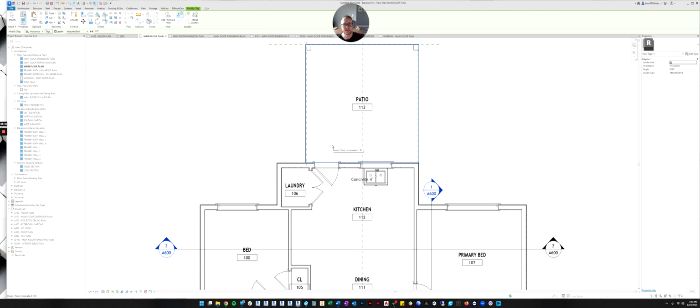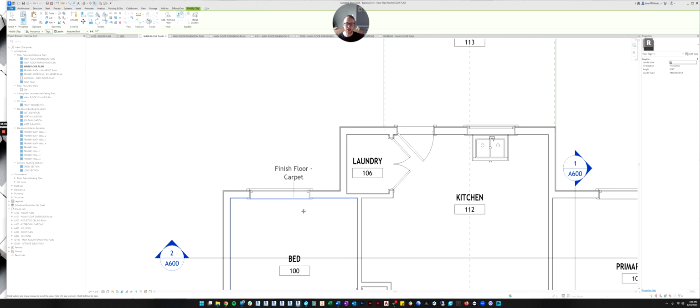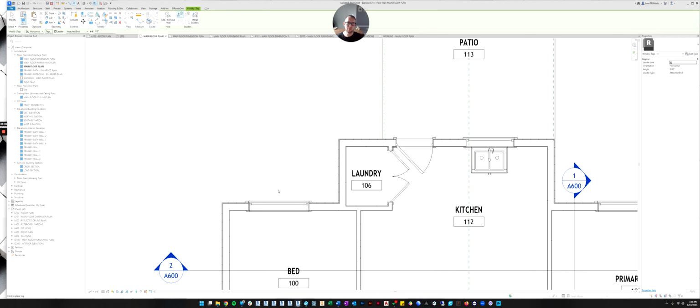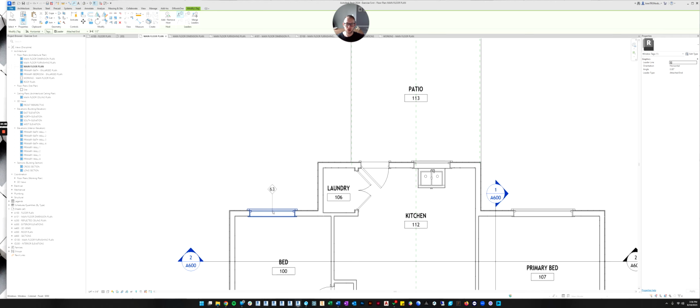We're just going to use what's in the template because creating your own tags is a little bit outside of the subject matter of this course. It gets complicated because these are families. They're called annotation families, which means you'd have to know how to go into the family editor and edit the family. And it's good to know that you can change the way these look, but for the time being, we're just going to use what Revit gives us. So when we're placing these, when we hover over a door, you can see it changes to the tag.